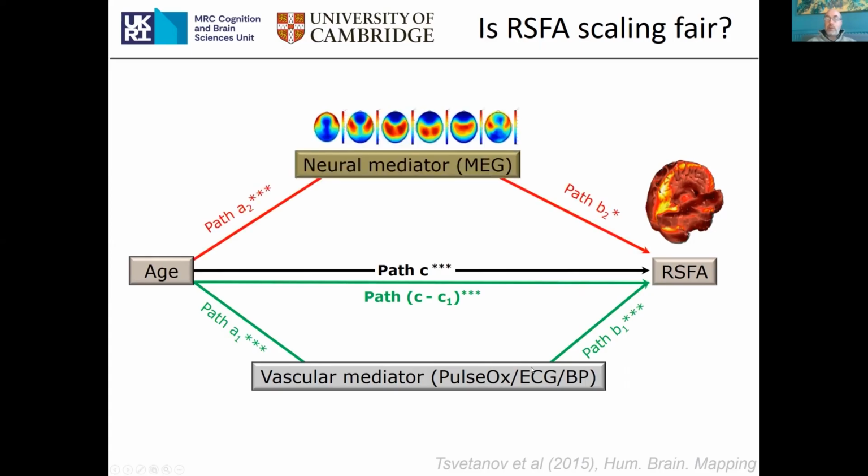But we can also ask, is there a neural mediator? And this is where the MEG came in useful. We used a wide range of MEG measures, power, etc. And the bottom line is that these didn't show any significant mediation effect. So the effect of RSFA appears to be somewhat independent of the effect of age on neural activity. And this suggests that RSFA scaling is dominated by vascular components and therefore a valid way to correct fMRI data